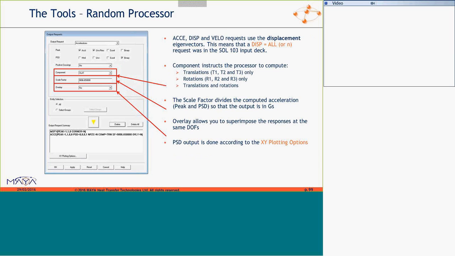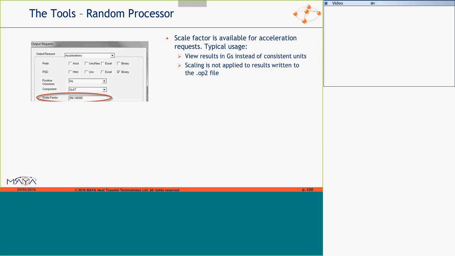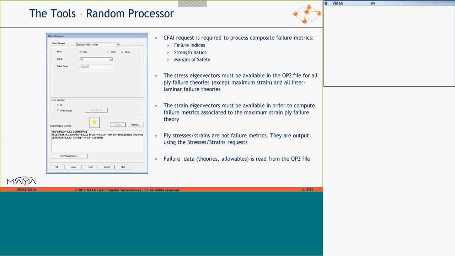There's an option for scale factor here for the acceleration results, so you can have them in G's. It does not apply to the binary results that go into NX. Those are always inconsistent. So I just mentioned that. And then there's a composite failure metric selector, for failure indices, strength ratios, and margins of safety.